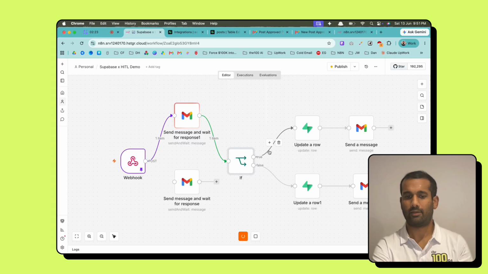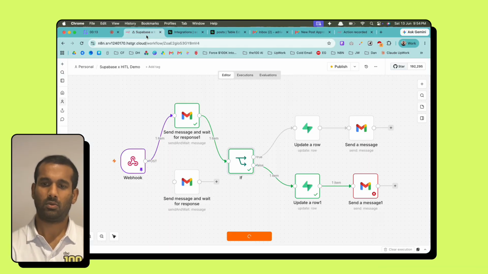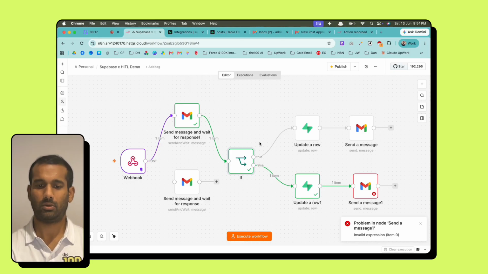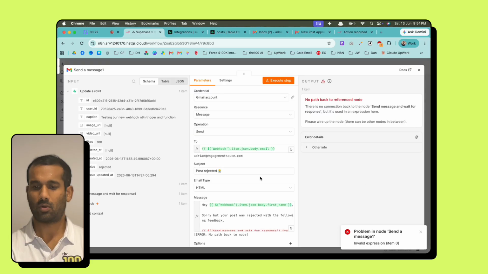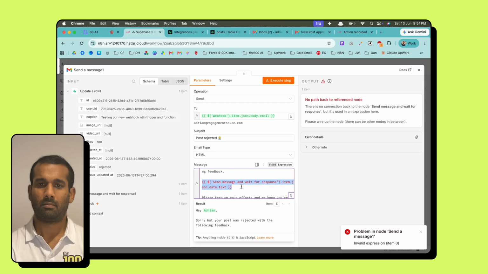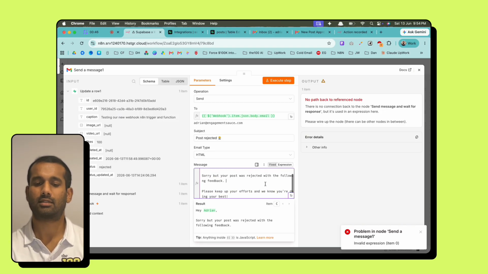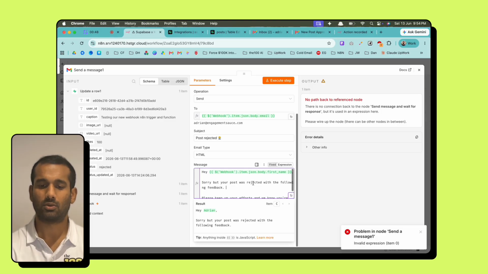But if we click reject, it's going to go down the other route. So now you can see the action was recorded. If we come back into our n8n node, you can see that it's gone down this route, but we have an error in here